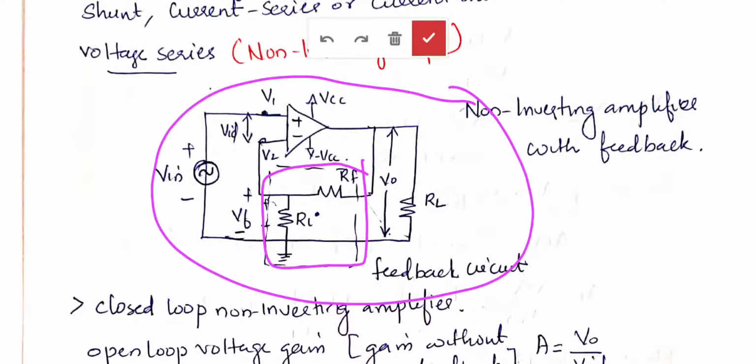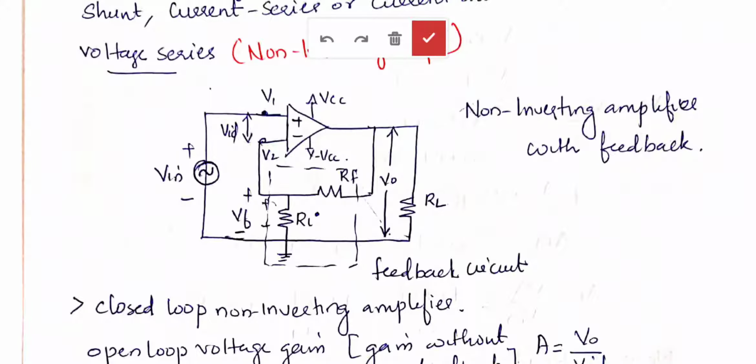You can see here for an operational amplifier we have two power supplies, one is plus VCC, another one is minus VEE. This is normally plus or minus 15 for IC 741. So that also has been marked. This is the operational amplifier, with two inputs V1 and V2. Operational amplifier is nothing but a differential amplifier, right? What do you mean by differential amplifier? It is an amplifier which amplifies the difference between the two inputs. That is marked here as VID. VID is nothing but the difference between V1 and V2, V1 minus V2.